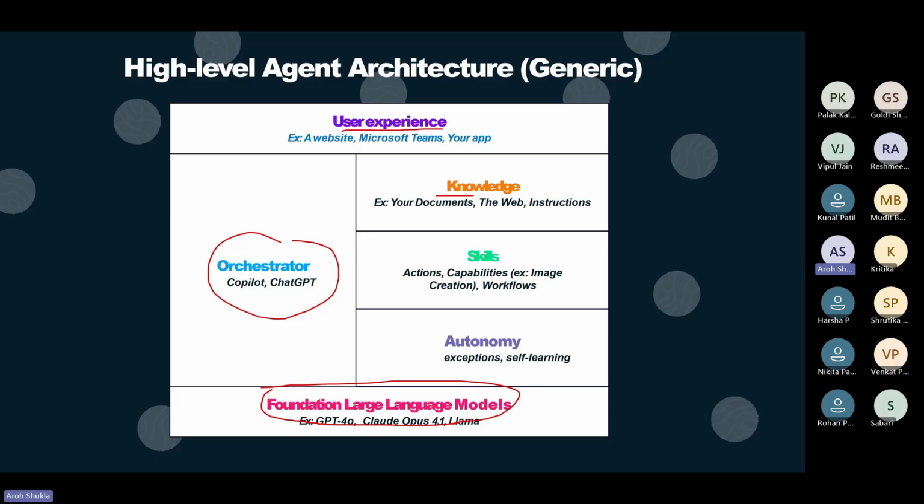The other aspect is skill. What is skill? Think of skill as an action a person can do. Example, I take a bus, go to the office, and do a project. The project is about how to make Power Platform more secure. That is my project, that is my skill set.